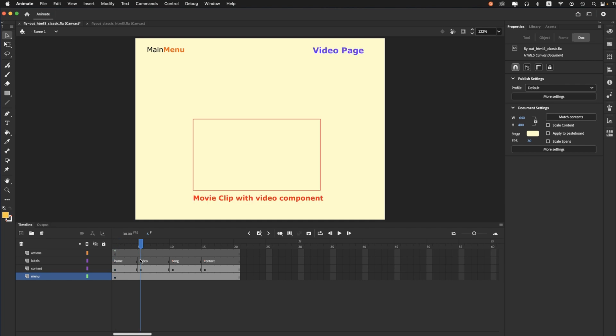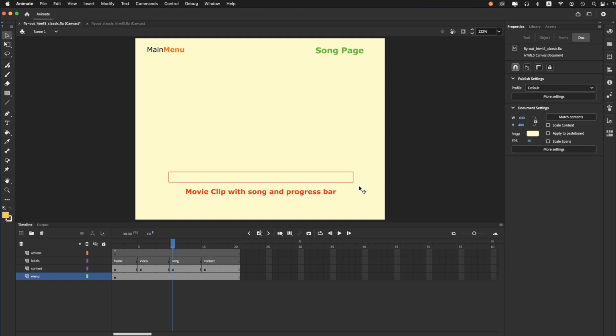and if I click over here, I've got a keyframe called video, and in there we're just going to assume facsimile content for a video. Over here I have one for a song file, again a facsimile of a movie clip with a song file in it, and then one more over here as a contact page which will have you put in your first and last name. Up here, and you can see on its separate layer called menu, I have the menu, which